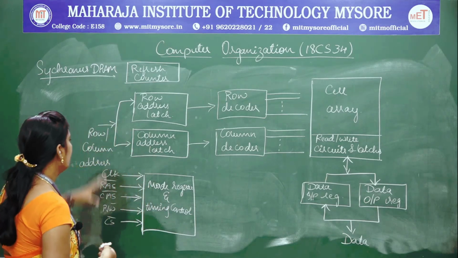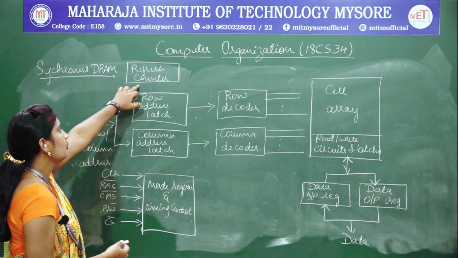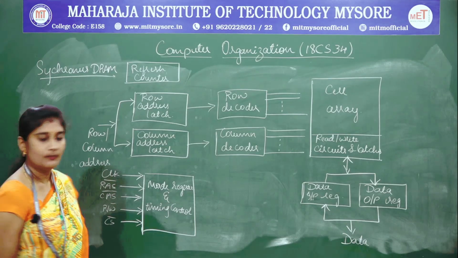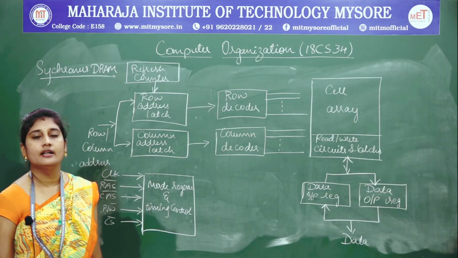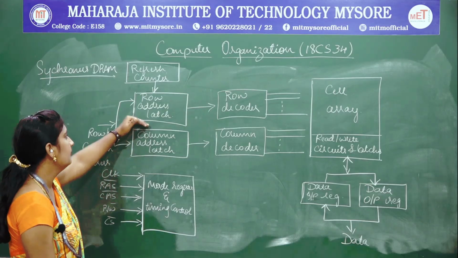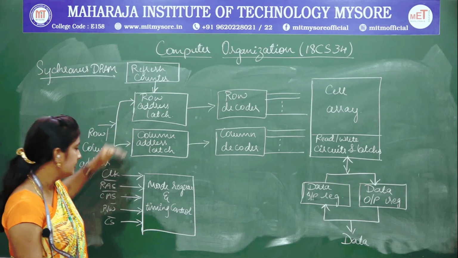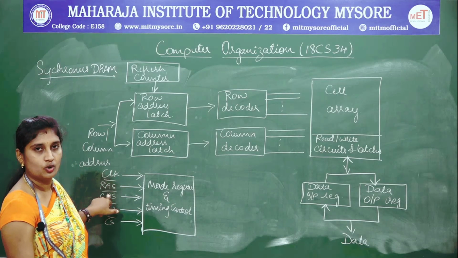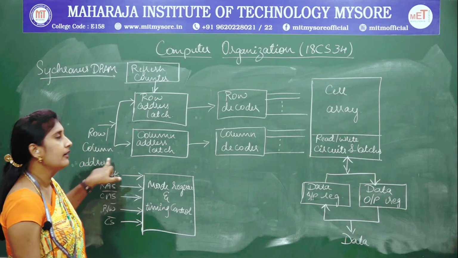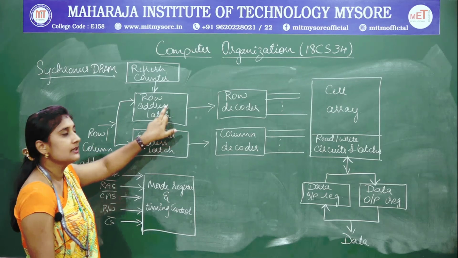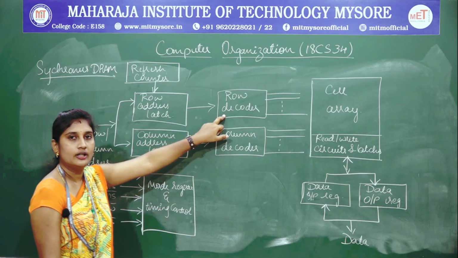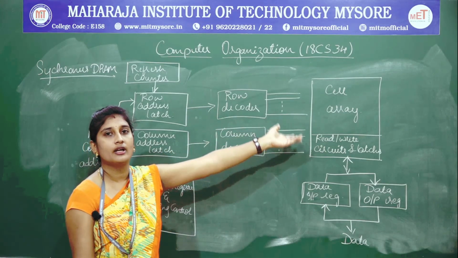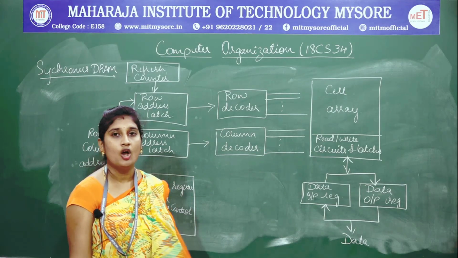Fine. So whenever you want to read the data, again that will be maintained by the refresh counter. So you will be refreshing the contents, and the corresponding address of the row will be sent to your row address latch, and again the RAS will be sent to it. Why is RAS sent to it? Because it is the row address strobe, so that whichever address is being sent to the latch will be sent to your row decoder. So that address will be decoded and sent to the particular cell array. It might be of any size, however it is organized.